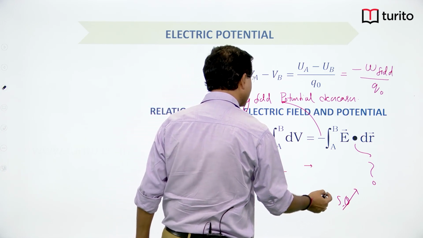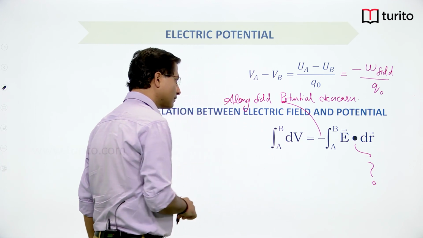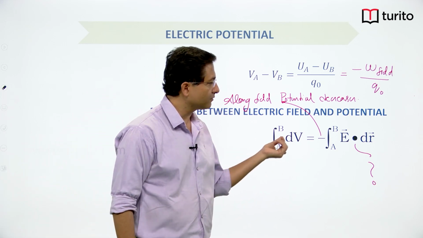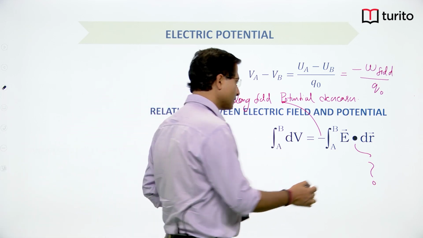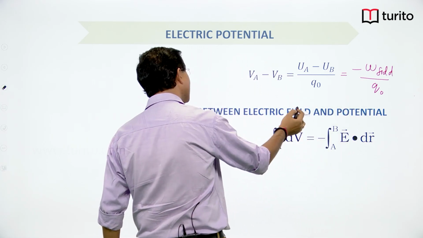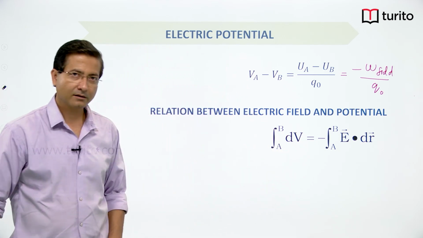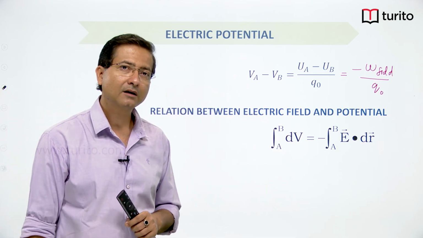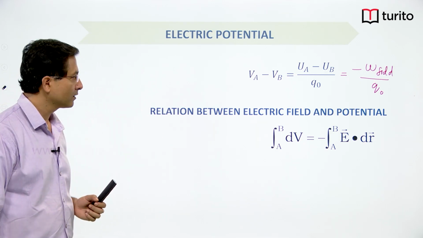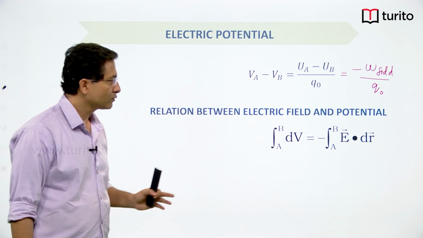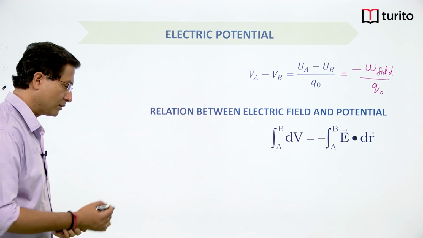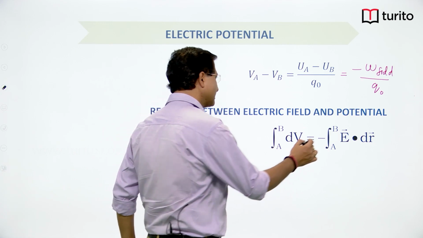So, this we use when the field is given and we want to find out the potential difference between 2 points in space. What if potential is given and you are interested in calculating the field? Potential is given and you are interested in calculating the field, right. So, dV is equal to minus E dot dr. You can see here, first I am writing this